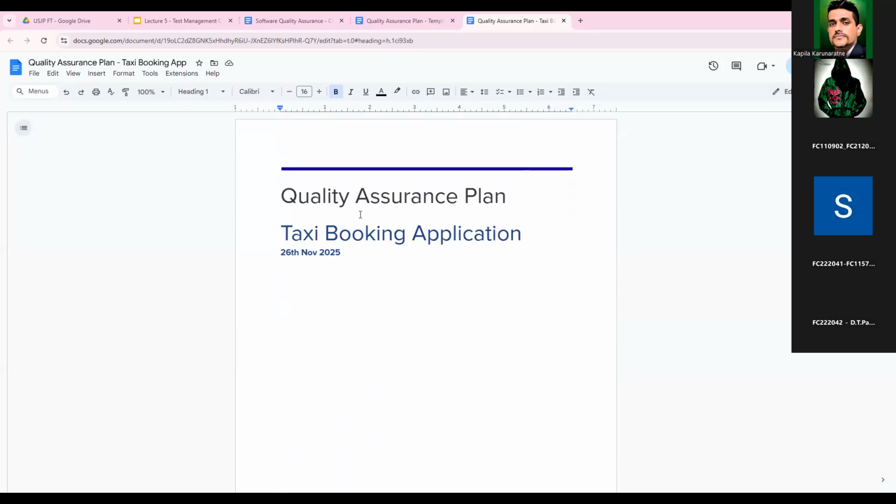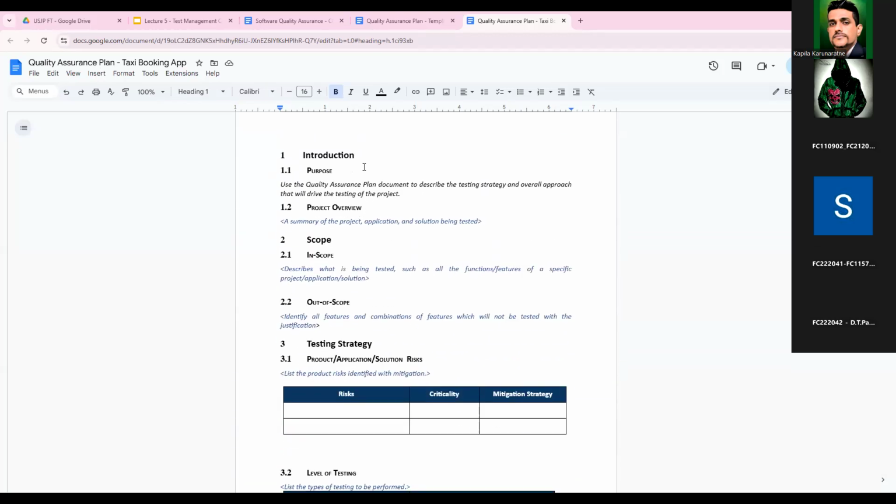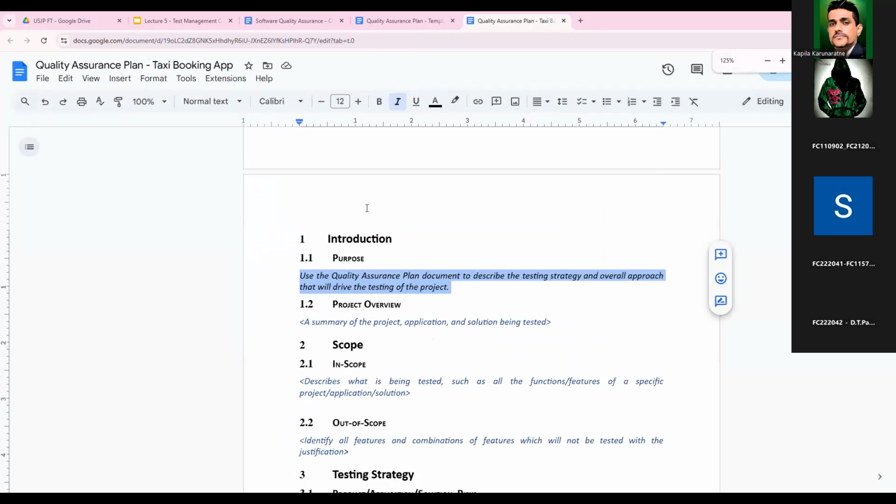Now we have completed the first page, that's done. Then you need to decide the purpose of this document. The first thing is the purpose of this document. Here it has already been mentioned. I think you can keep this, but if you want, you can write your own words and a different detailed explanation. But what I have mentioned here is,